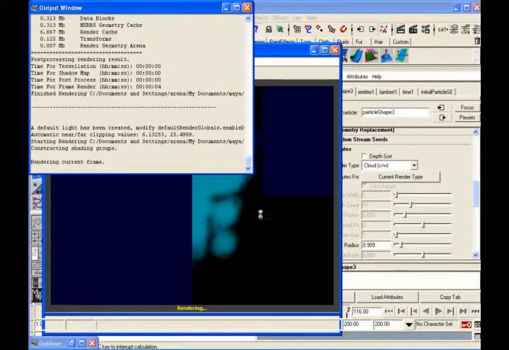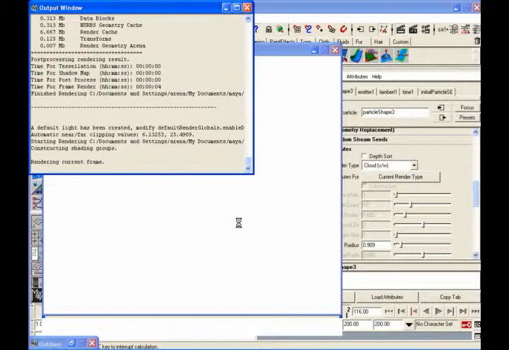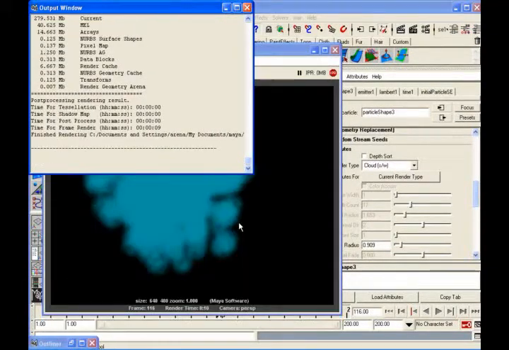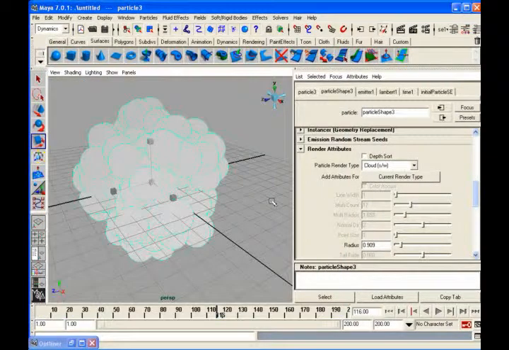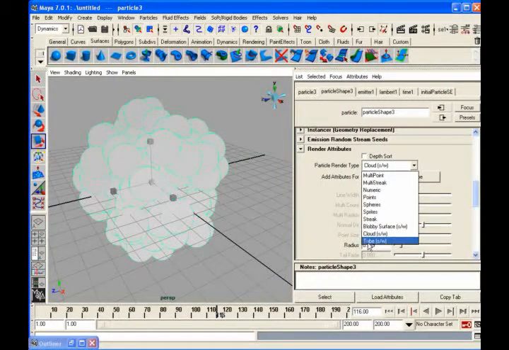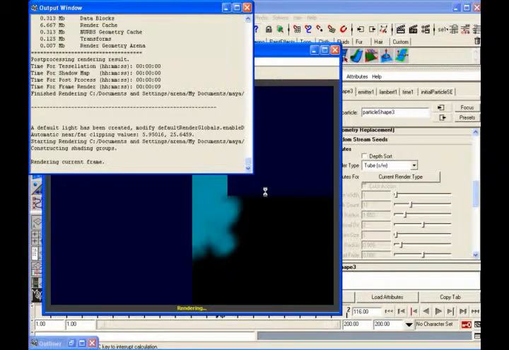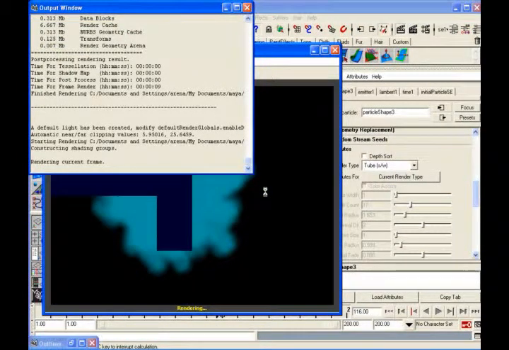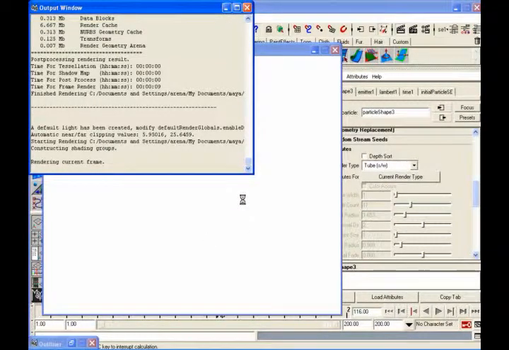See, you can change the color afterwards and all those things. Last is your tube, which is almost like your cloud only, like smoother than cloud, a little bit advanced than cloud. You can see it is more smoother than the cloud. So like that you can change your render types also for your single particle according to its properties.